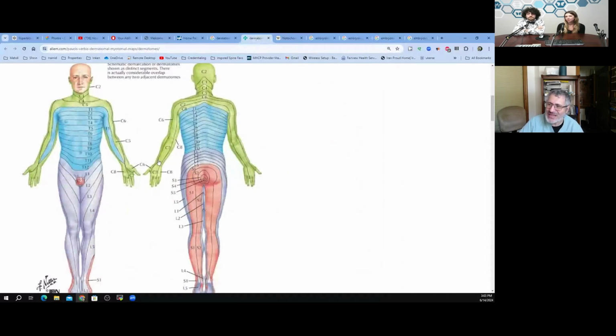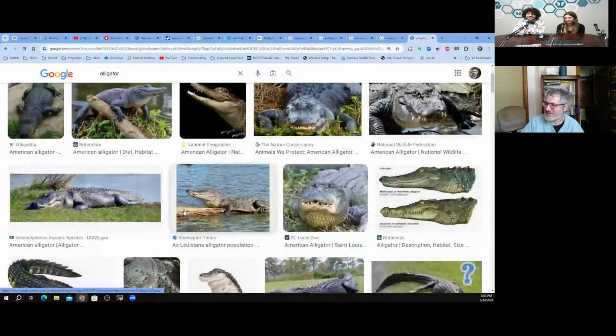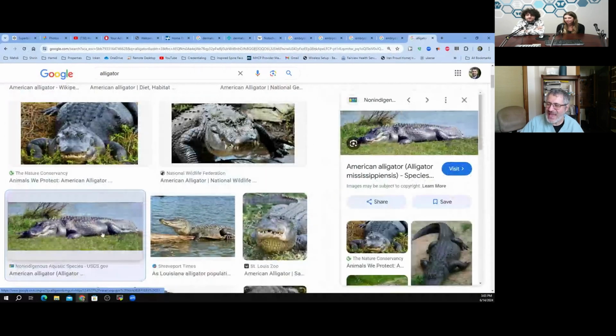It doesn't look like it's segmental, except let's look at how an alligator looks. So look at the alligator here. You see his arms and hands are not front and back. They are somewhere in the middle. Okay? And look at how the alligator is using them. If you took the segments of the alligator, you can just slice it, and even the hands and the fingers. Those distributions stayed the same, but we are using our hands and legs in a different way, so they are twisted. That's why they're so twisted.